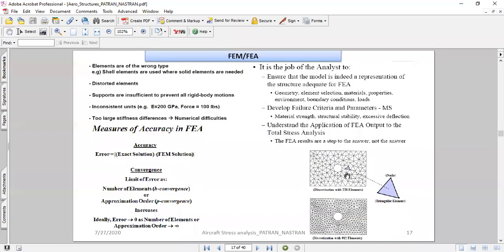And before doing any problem, you have to do a convergence study. If it is a very big problem, for example, you're analyzing a wing structure, you model it as a simple plate, a simple 10 by 10 plate, and do your convergence study. You should have a feel for the numbers. Make sure that whatever you're doing makes sense, whether you are using the right material, whether you are using the right element.